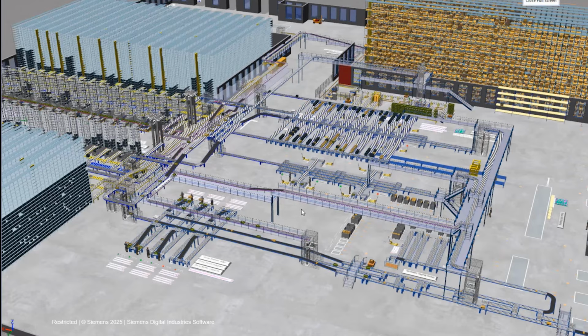So I think if you're here today, you're well aware that plant simulation is a powerful tool when it comes to flow simulation, and it shines really at the engineering phase with all the libraries that it provides and the custom logic to build all these kind of comprehensive digital twin models.